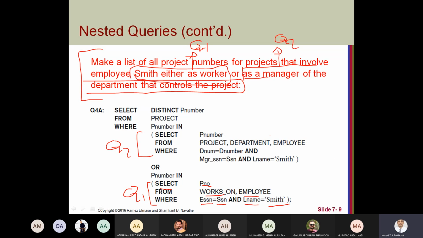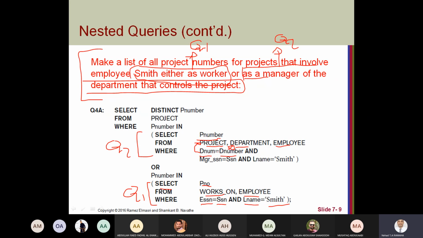and this one will return project numbers that have a department manager whose last name is Smith. So select the project number from project, department, employee, where department number equals department number, this comes from project, this comes from department, this to join or to connect between project and department.